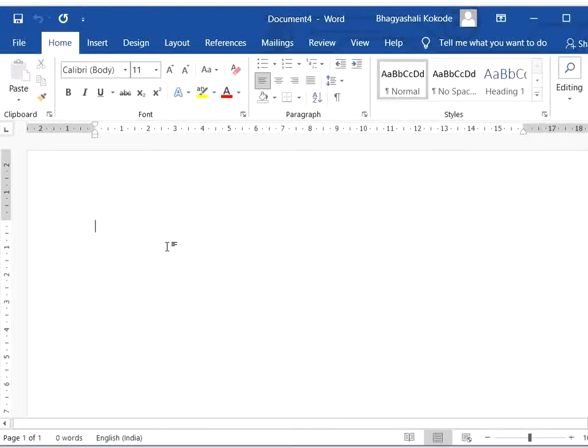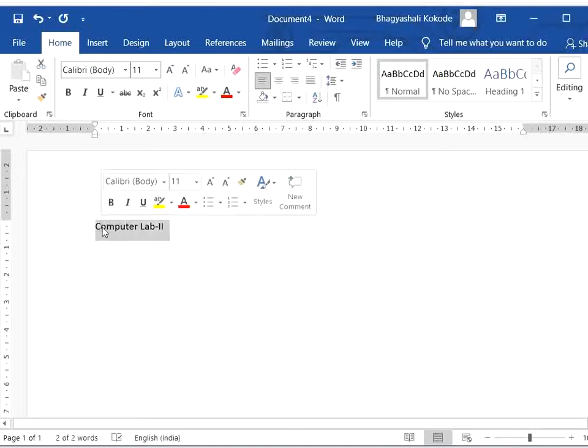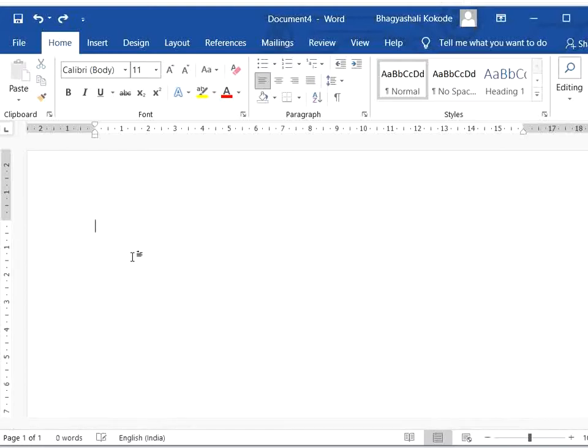I am writing some text here. If I press Control Z on this document, you can see that I wrote CLab 2, but it undid my action, so it created a blank document.